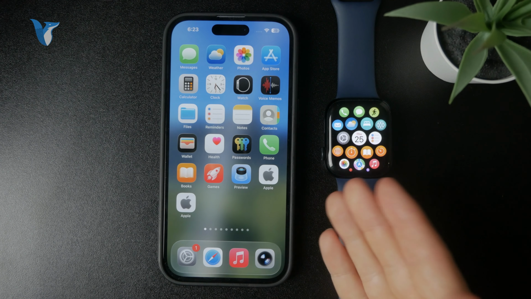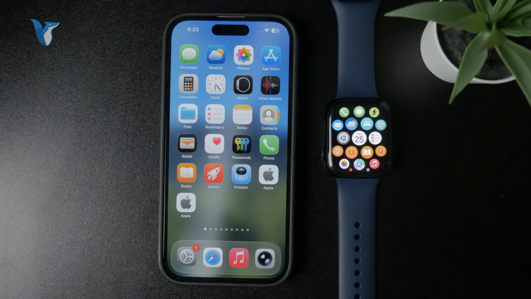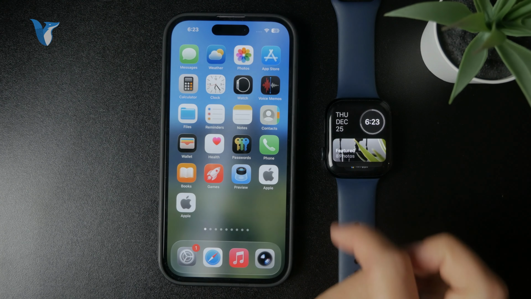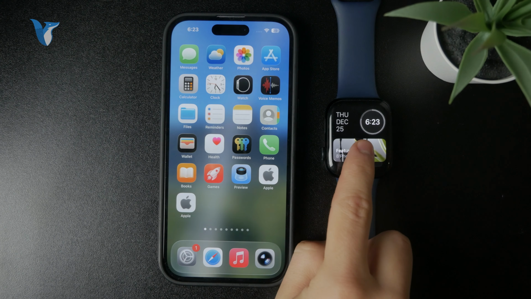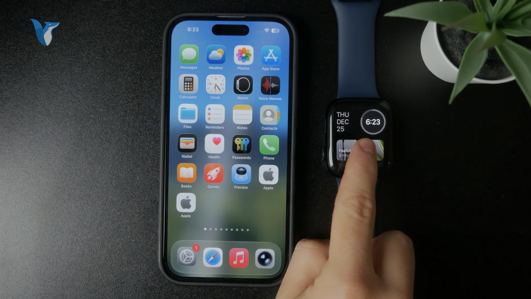When it comes to some favorite widgets or apps or something which you want to quickly access on the watch, then it all comes down to the customization of the watch faces and the widgets. For instance, you can swipe up on the watch right here and see a couple of different widgets, and those, if you hold down on them, can be customized so you pin to the top the one that you like